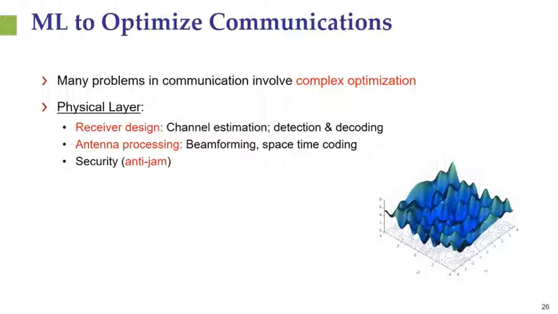Another good example is multiple antenna systems, where there are many design issues related to beamforming in both the transmitter and the receiver sides, which again lead to various combinatorial problems, especially when we consider antenna selection methods, and they again will require knowledge of the channel statistics. Security and coding issues are another area where optimization is necessary and often quite complicated.